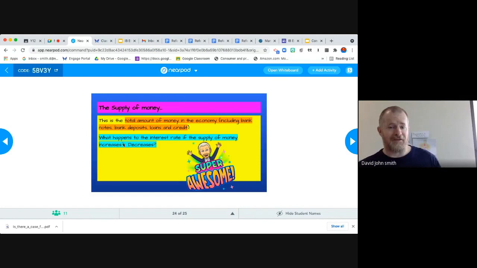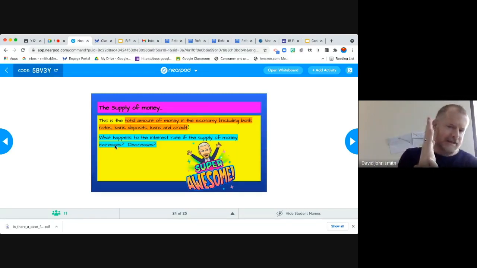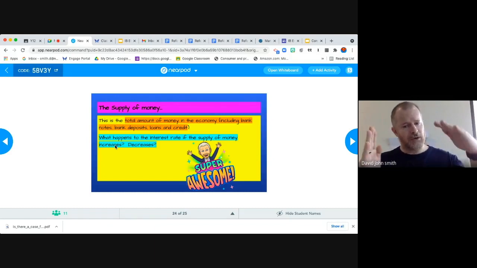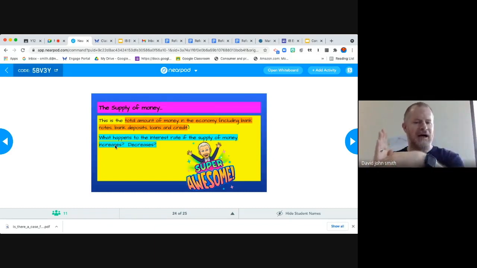So therefore, if the supply of money increases, then based on our money market model, we would expect to see the interest rates decrease, okay? So if there's more money in the market, if that perfectly inelastic supply curve shifts to the right, we would expect to see it track down the demand for money curve, decreasing the rate of interest. Yes, I know there are fixed rates of interest, and I know people are going to be tied into deposits at certain rates.